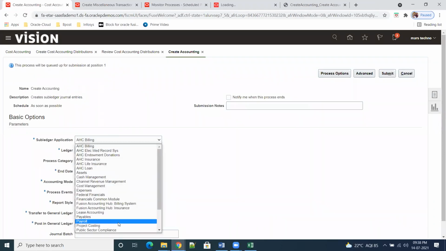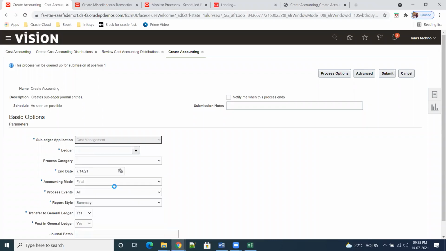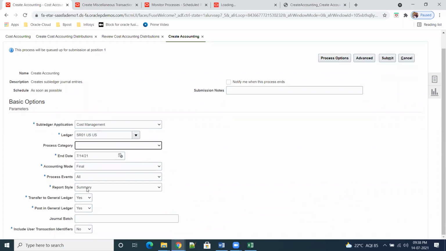So this time they will select cost management, same thing, SR01, and accounting mode final process. So if you want, you can generate even detailed report after posting also. Just submit the program.